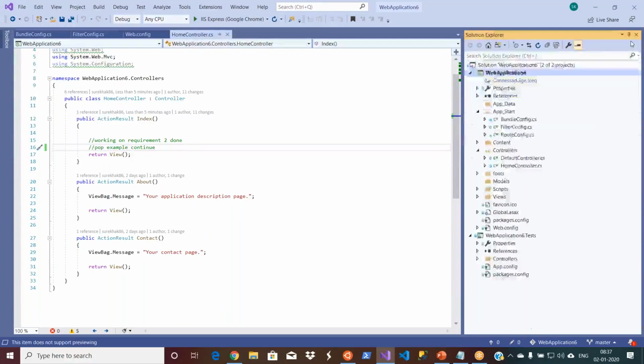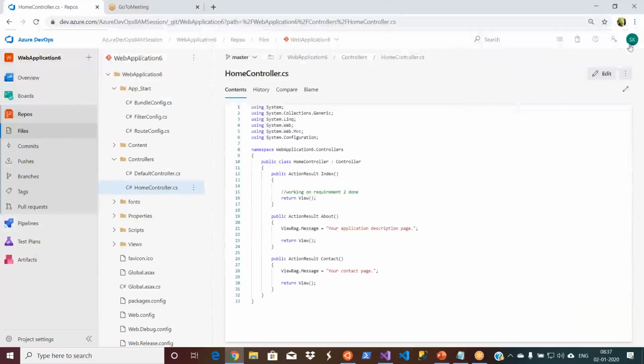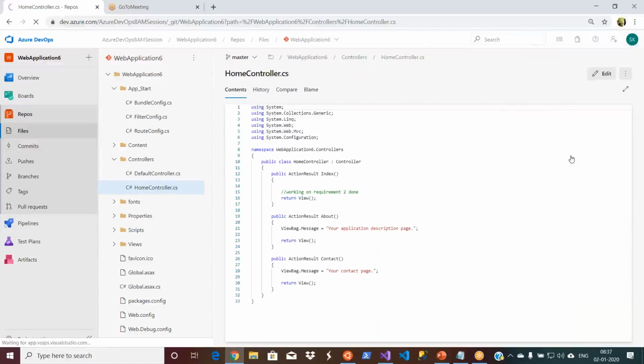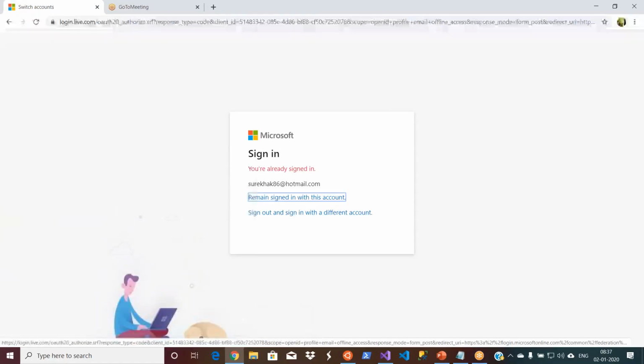Okay. Now let's assume that my Visual Studio or my repository is connected using Sureka K86, which is my developer ID to connect to the SCM. There might be other developers. Right? There will be other developers who work on that code. So let's get into that scenario. So for that, what I'm doing, I'm logging out from this one, and I'm switching to this guy. I mean, because I have access. He is another developer who is having access to this web application 6 code actually.